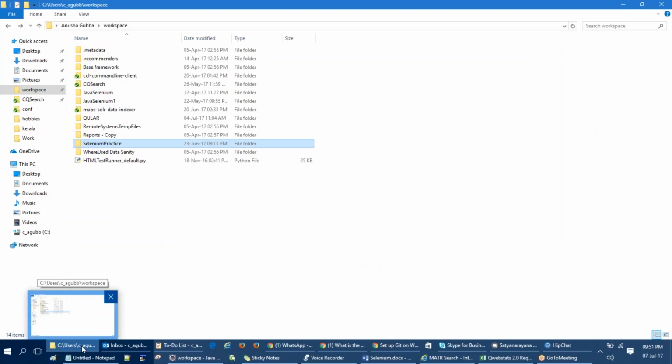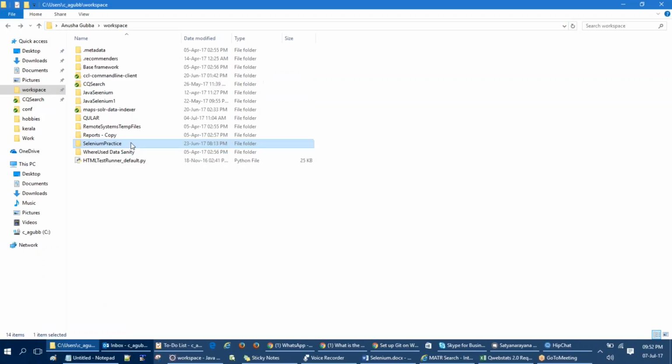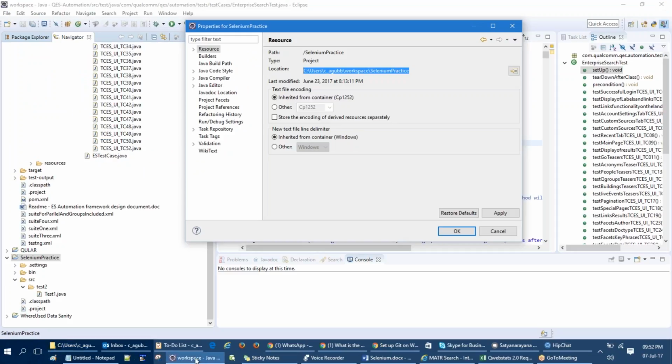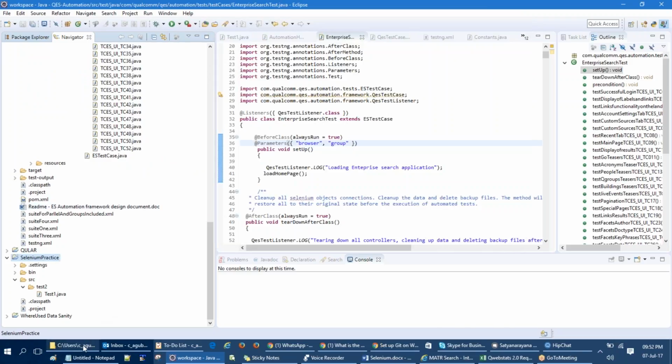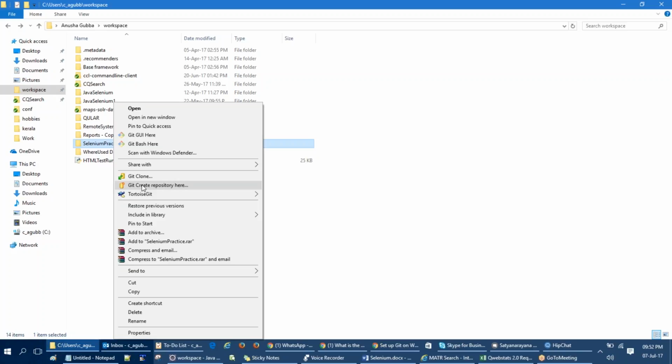Okay. So if you see at the bottom of my screen where I've hovered my mouse, it's C users, C underscore workspace and then Selenium practice. Okay, let me do this. Yeah. So as you see on the top, that will be the same path that will be shown in the Eclipse properties. Okay, so you have to navigate to that folder, right click,